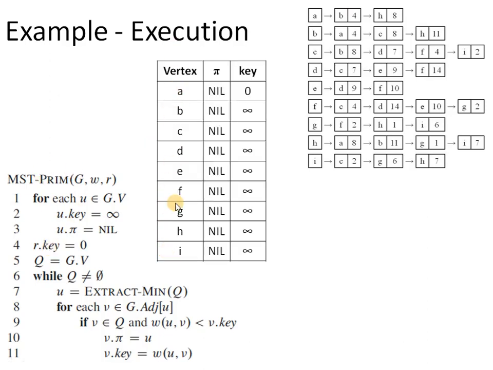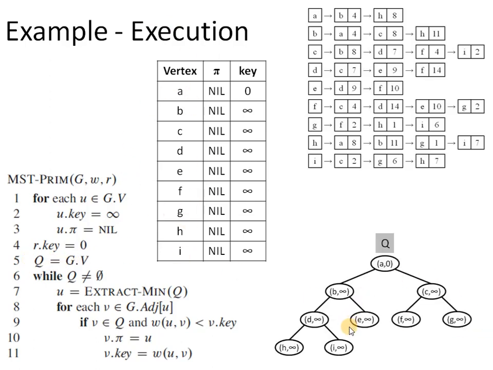These are all the vertices. We have initialized the pi attribute of all the vertices to nil, and the distance or the key value or the weight value, they are all initialized to infinity except the single source vertex, that is A. So we are done till line number 4. Now we have to create a min priority queue for all the vertices which are present in the graph. Here we will generate a priority queue, and we know that it is a minimum priority queue, so the root should have the minimum value, which is nothing but the starting vertex.